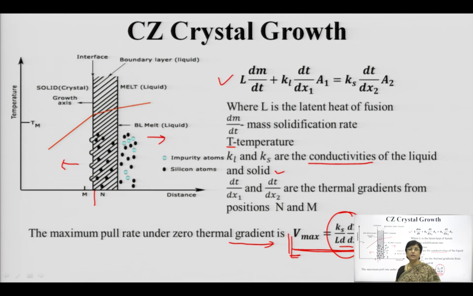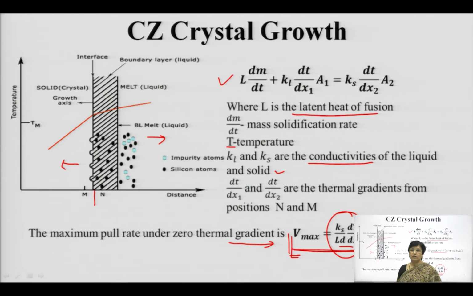So, this final expression gives you the idea that the latent heat of fusion and the rate at which solidification is happening are deciding factors in